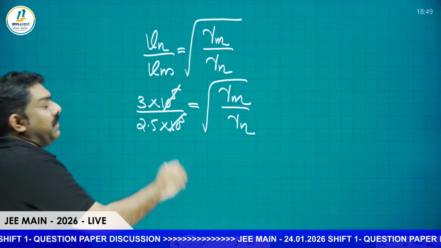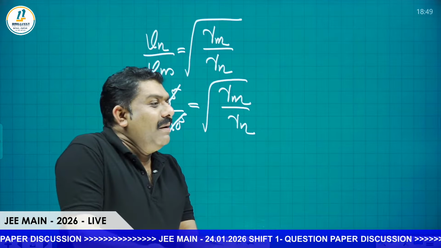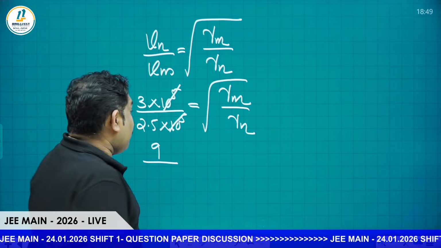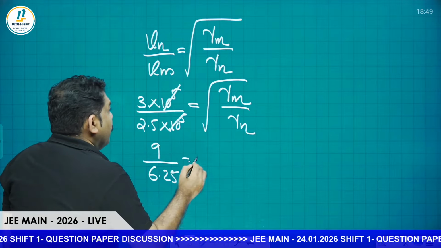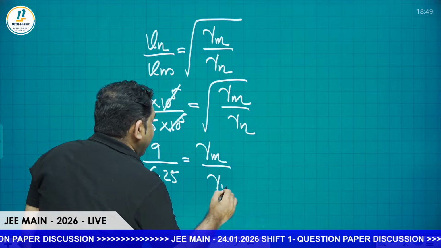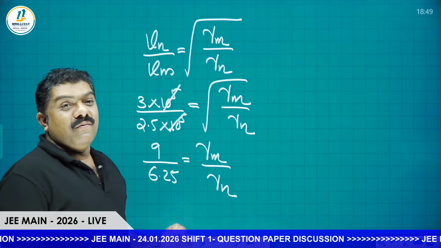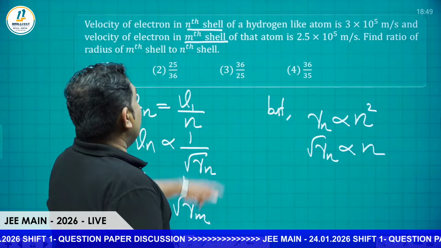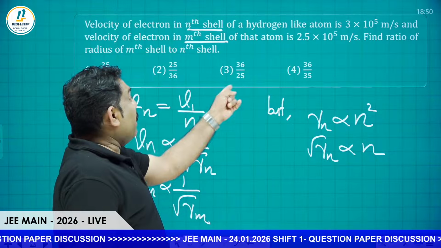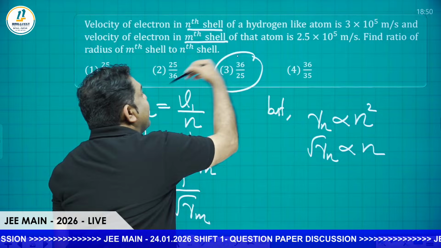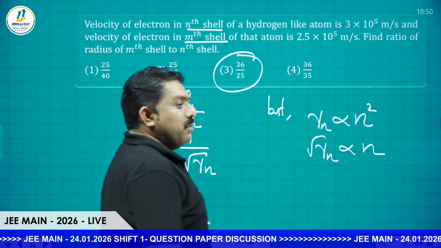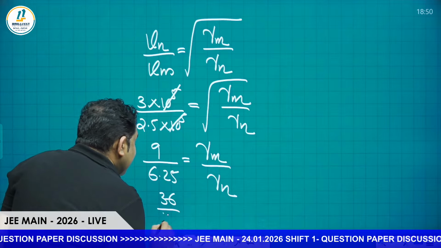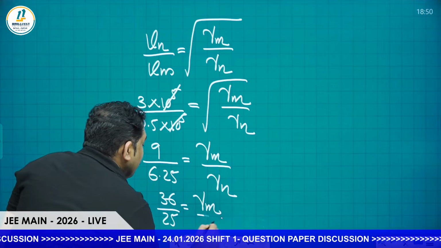So 10 raised to 5, 10 raised to 5 cancel. Take the square, the root will be eliminated. So we can say 9 divided by 2.5 square, which is 6.25, is equal to Rm by Rn. It is 9 by 6.25, that is the ratio coming. 9 by 6.25 means, look, 4 into 9 is 36, 4 into 6.25 is 25. So the right answer is option 3, 36 by 25 is coming. So this is the same as 36 by 25 is equal to Rm